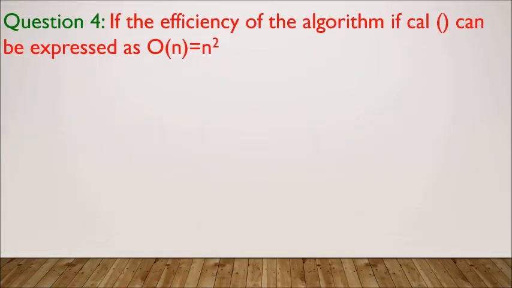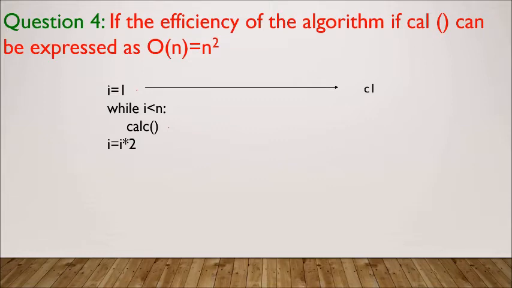to calculate the efficiency of the algorithm, it has used one predefined function, that is calc, which has efficiency n square. So this is the first statement. It will be executed in, suppose, C1 time. Now this while comparison, again it will take C2, and this comparison will be executed how many times? N times. Now this n will be multiplied by the statements within the loop. There is only one statement within the loop, that is a function call, and it is already given that it takes n square time. So the complexity is n into n square.